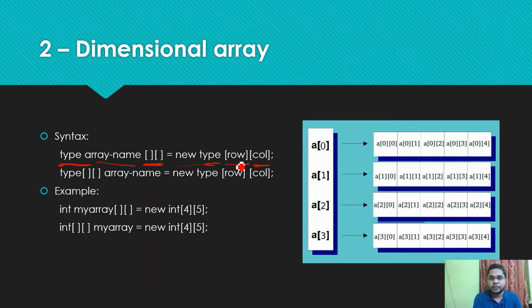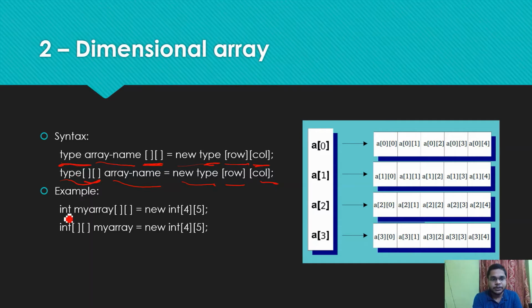If the number of rows is 4 or 5, anything you can write here. Or you can also represent it as type, square brackets open close, then array name equals new type of row and column. So this is the syntax of the array.